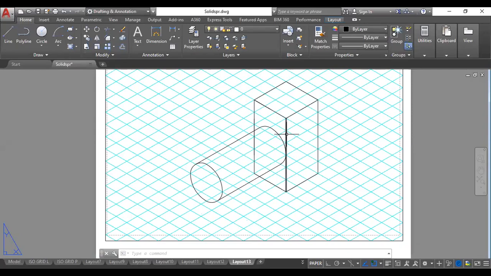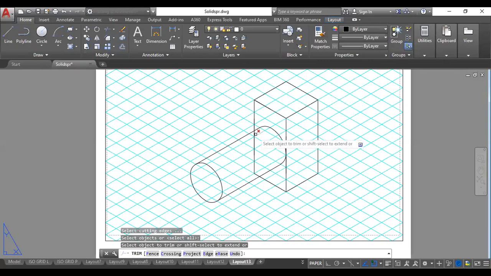So from the center, a cylinder is extruded in front. So this is a cylinder of length 60, diameter 30, and this is a square prism of 30 by 30, and height is 60. So this is another kind of problem which you may come across in your examination. So even this part will also not be visible.